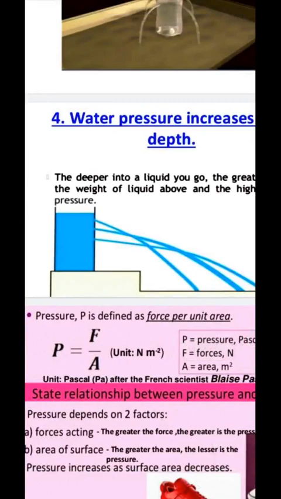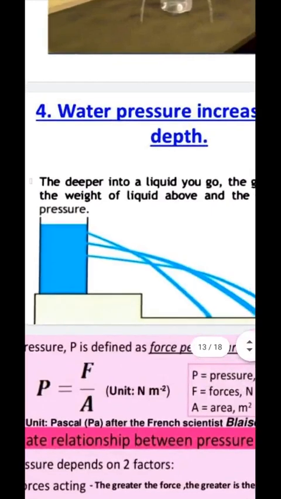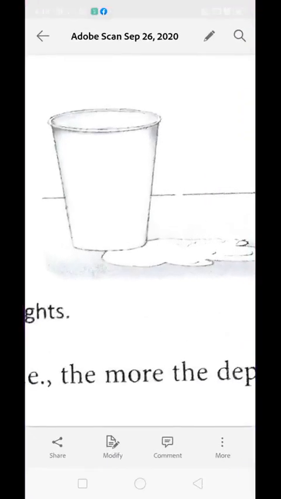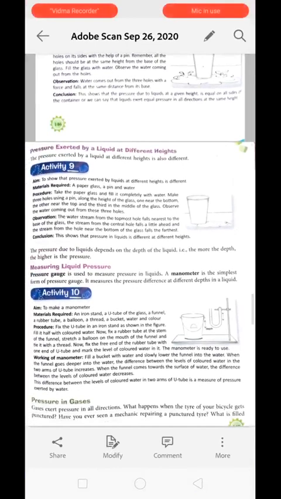What happened? The topmost hole is letting the water fall near to its base, whereas the second hole, which is present in between the upper and lower, is also falling in between. Okay, from which hole is the water stream traveling the most distance? It is the last one. Why? Because the pressure exerted on the last one is the maximum. Clearly understood.